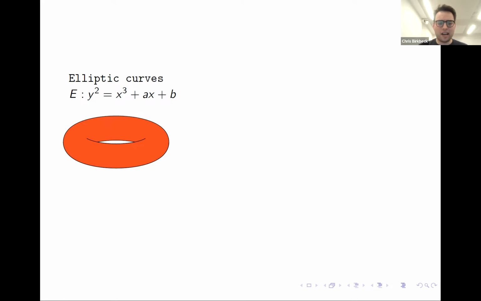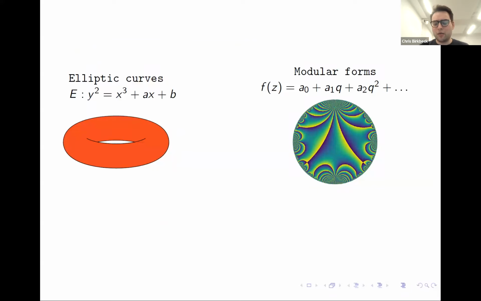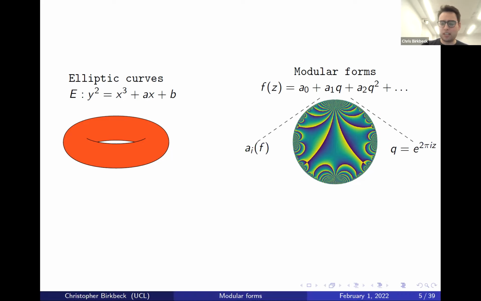On the other hand, we have something in the analytic world, which are these modular forms. These are complex holomorphic functions, special functions, and I'll define them properly in a minute. But they have Fourier expansions, which is what I've drawn here, sometimes called a Q expansion. Here, Q stands for e to the 2 pi i z. And these coefficients, the a_i's of your modular form, these Fourier coefficients, are the ones that capture all of the